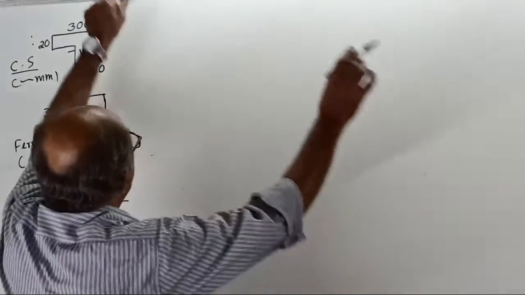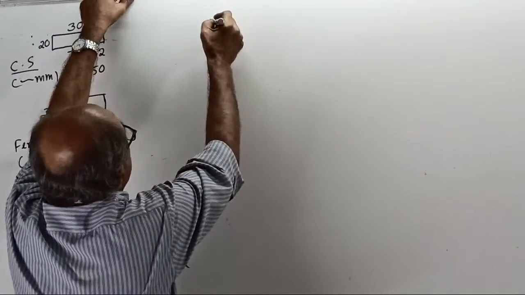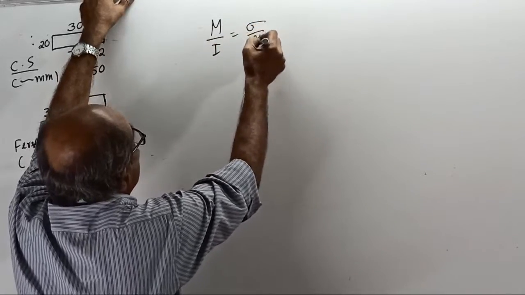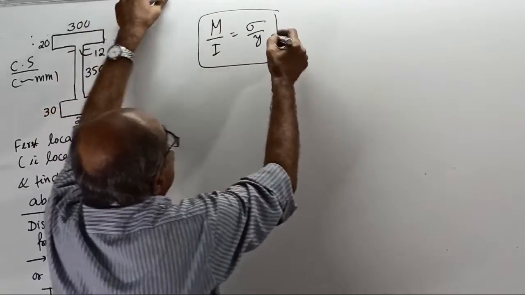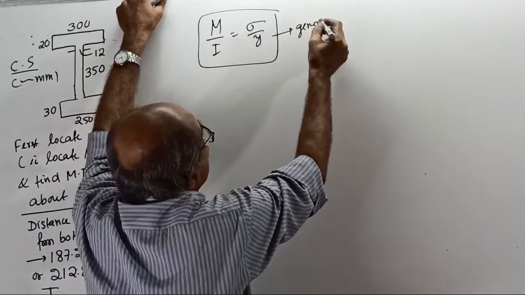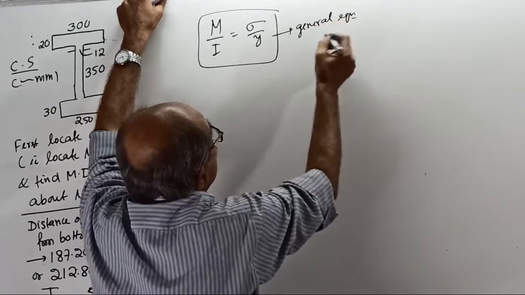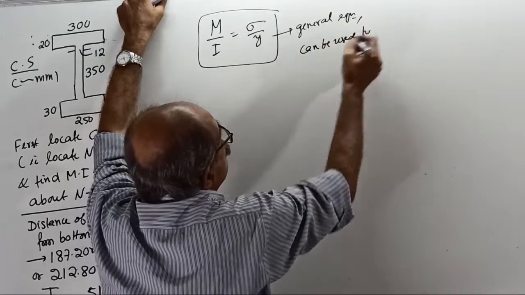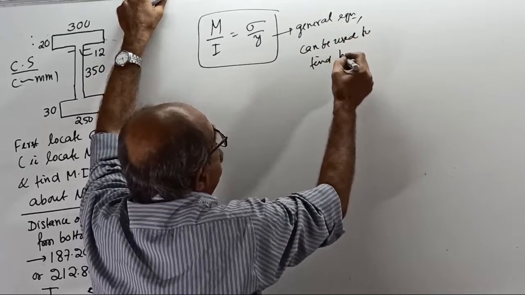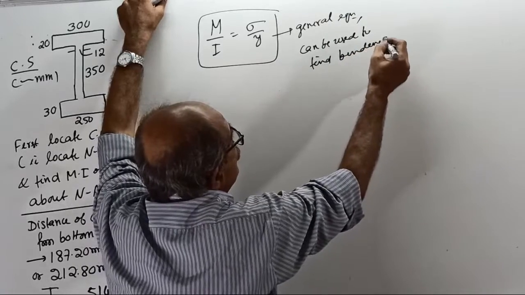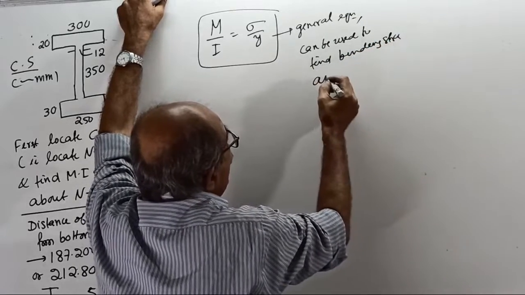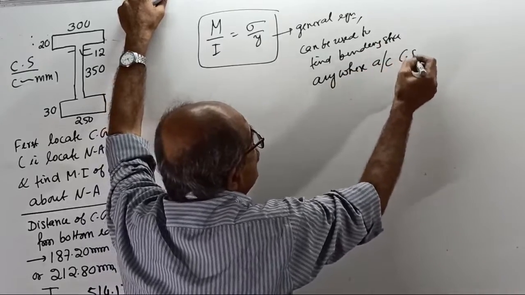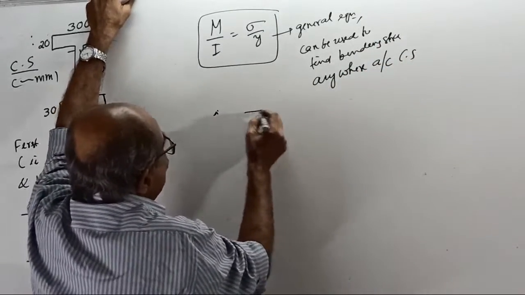Okay, start. Now, see, consider the equation M by I equal to sigma by y. Here, remember, this is the general equation. The general equation can be used to find bending stress anywhere across the cross section. That means if the cross section